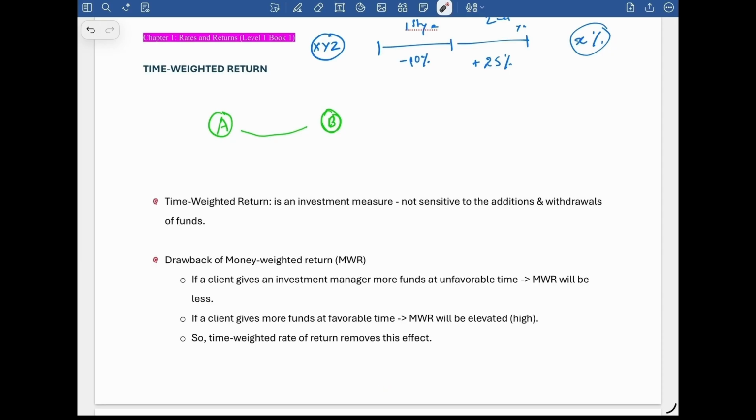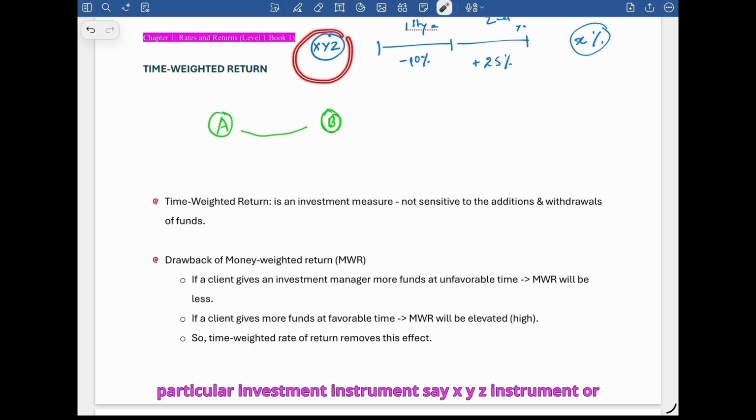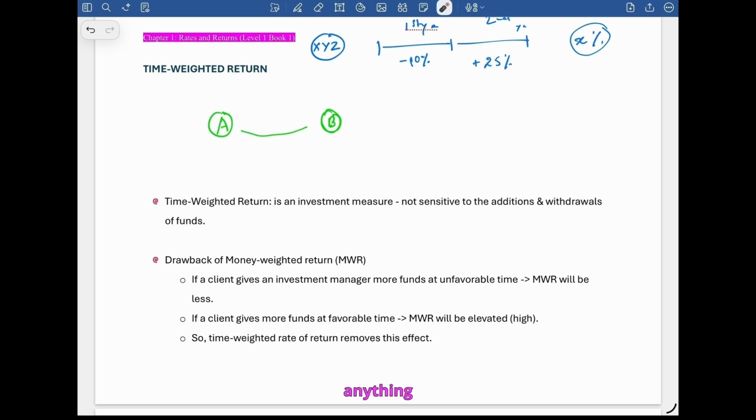So why, again, if I ask you, are we learning this time weighted return? We cannot look at a particular individual's portfolio and say that a particular investment is good or bad because of these two reasons, right? So we cannot say that. When we want to know about the performance of a particular investment instrument, say XYZ instrument, or any shares in the market or equity or anything,